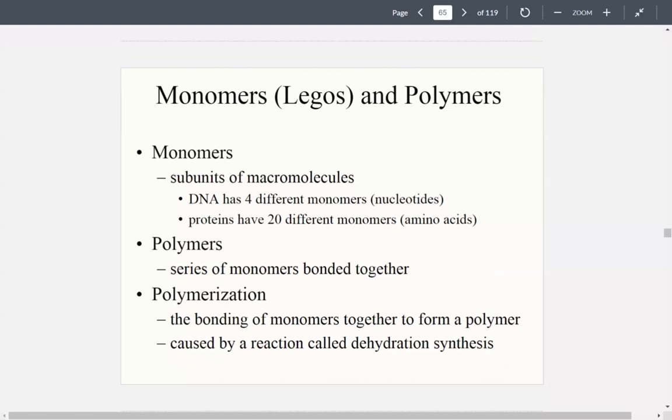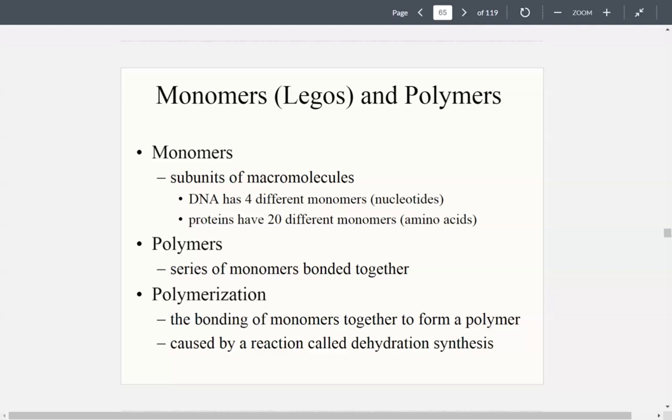So they're going to be the smallest we can break down these chains until we start to actually break them apart into further chemical subunits. Polymers are just a series of these monomers bonded together. So a disaccharide, a polysaccharide. A disaccharide is 2 saccharides, 2 sugars bonded together. A polysaccharide is multiple sugar units bonded together. A protein is simply hundreds to thousands of amino acids bonded together. And we call that process of bonding them together